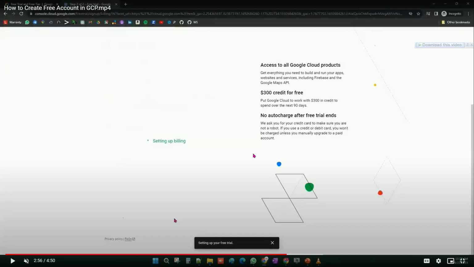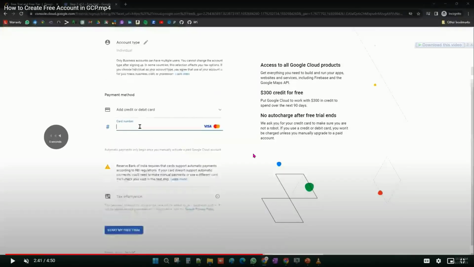Other than that, these 2 rupees will be credited back to you after maybe 7 days or 10 days. It will be credited to your respective account. So that is what happens, guys. So see here, we have selected,